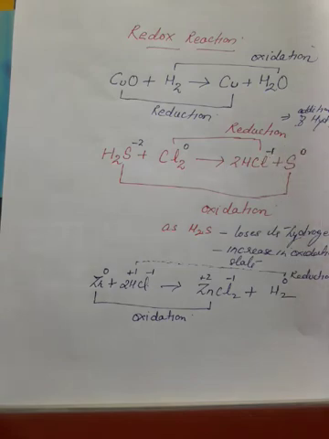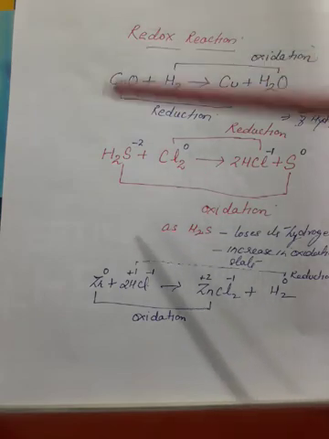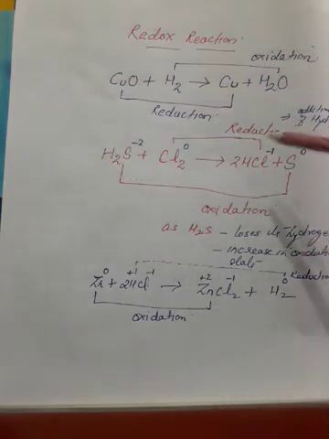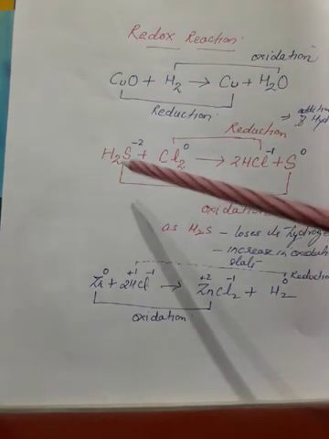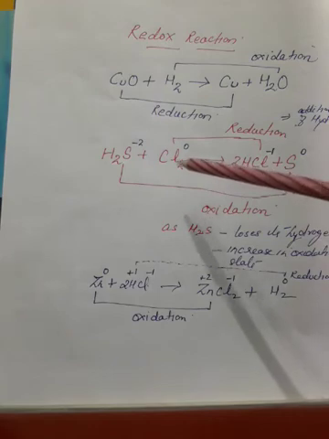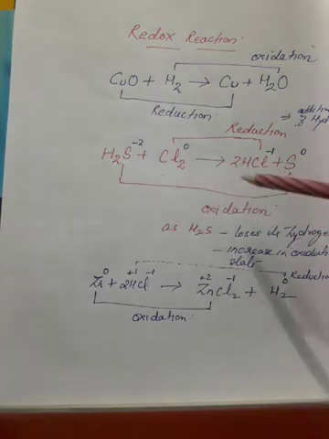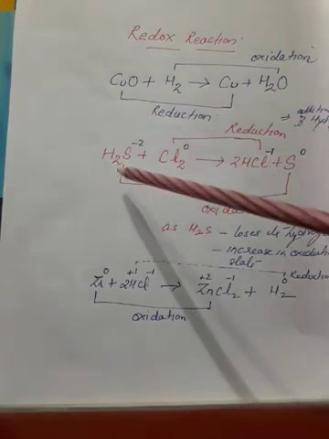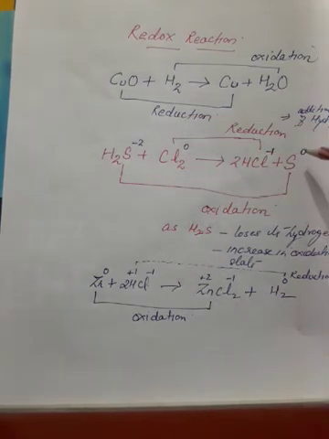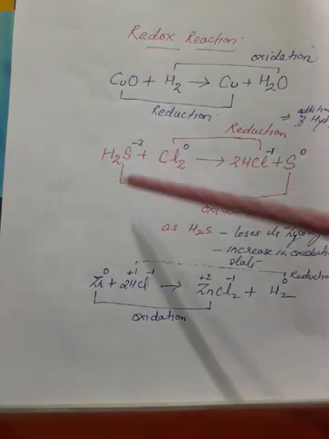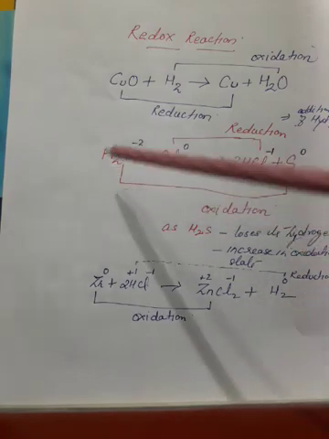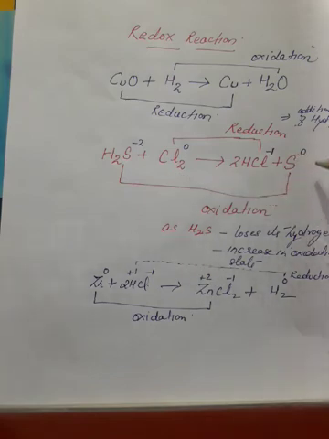Second example also you see: hydrogen sulfide reacts with chlorine to form hydrogen chloride plus sulfur, okay. First I will try to explain in a simple way, then with the help of oxidation number also. First you see which one is oxidized. Hydrogen sulfide changes to sulfur. What is happening here? Loss of hydrogen. Loss of hydrogen or removal of hydrogen is known as oxidation. So hydrogen sulfide is oxidized to sulfur. This reaction is known as an oxidation reaction. Clear this one?